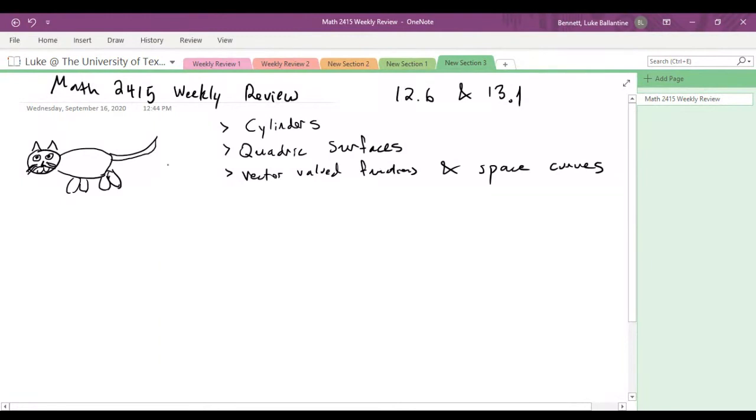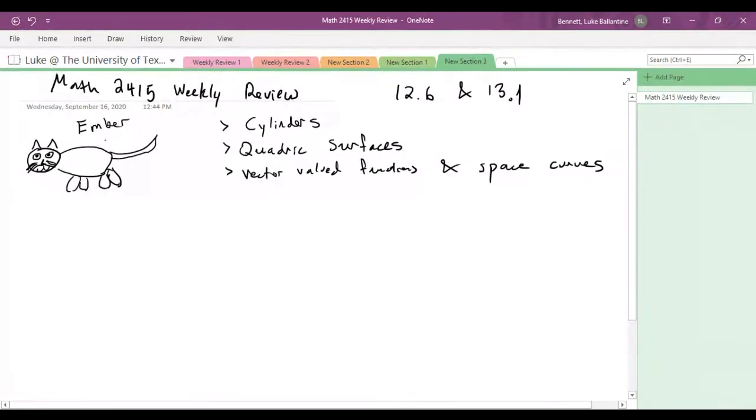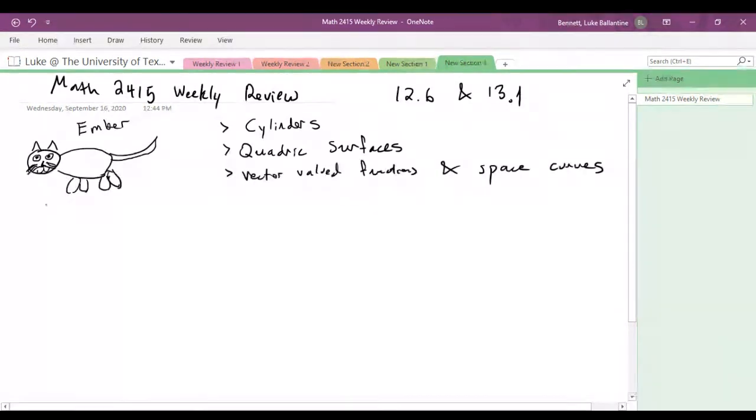This is my cat Ember. A drawing I have of her. Just copy and paste it from one session to the next. But yep. Anyways,